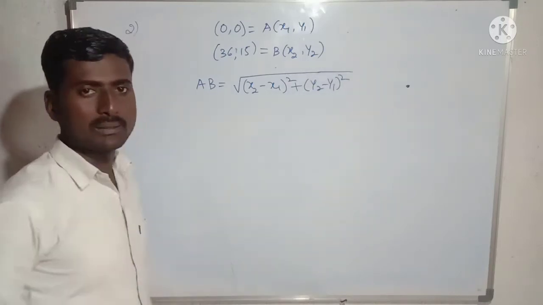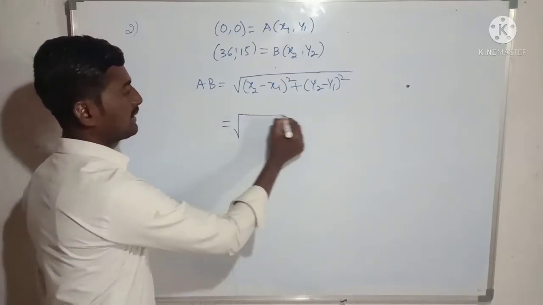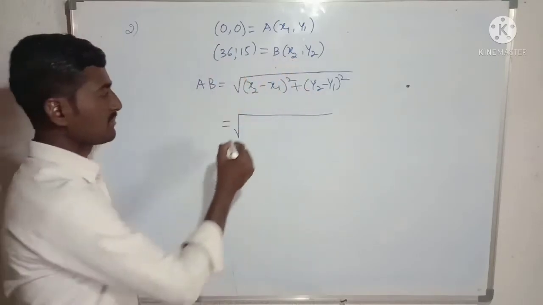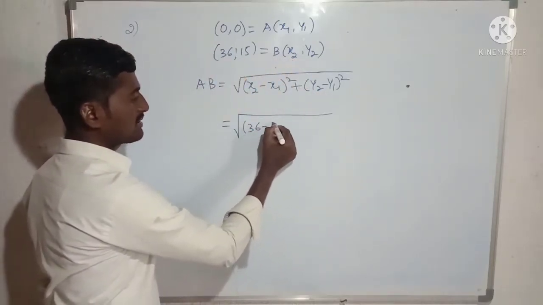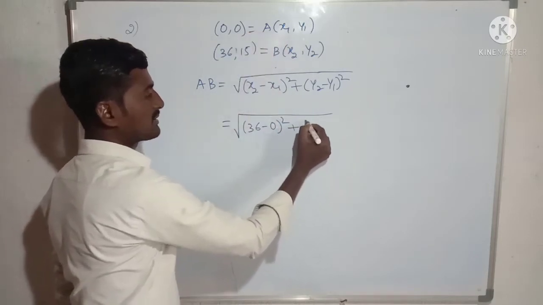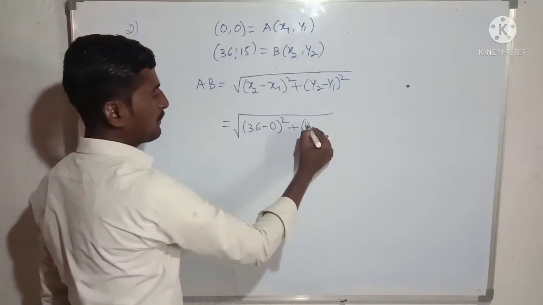This is the formula. Let us substitute the values now. That is under root of, here x2 value how much? 36. 36 minus x1 value is 0 whole square plus y2 minus y1 whole square, that is 15 minus 0